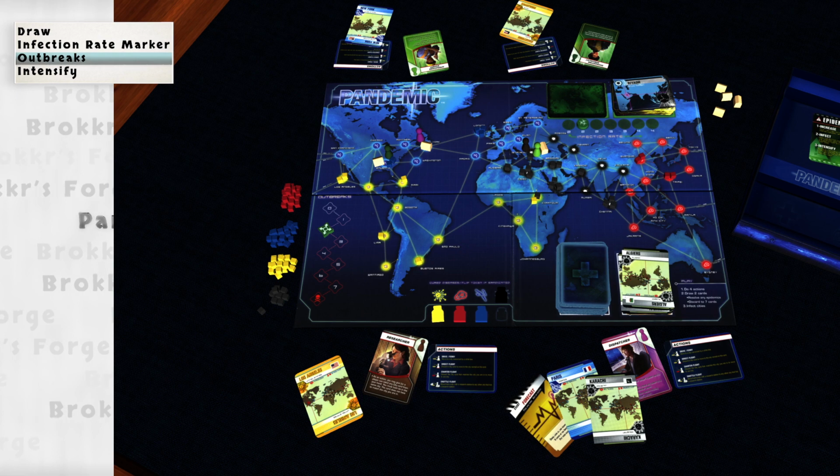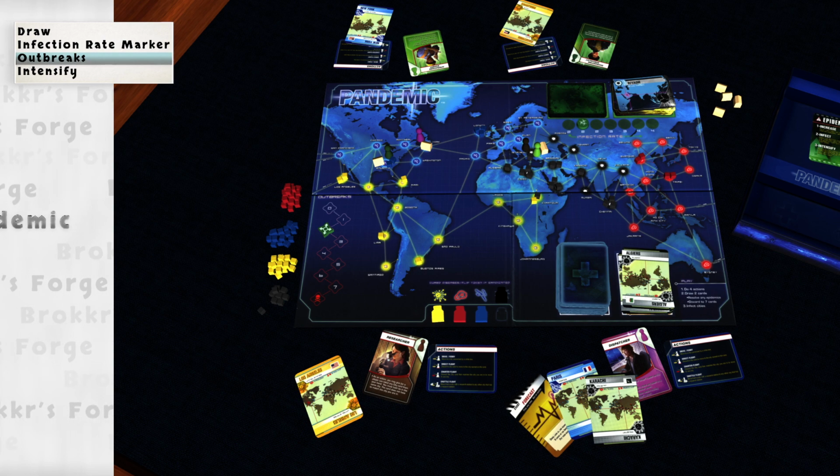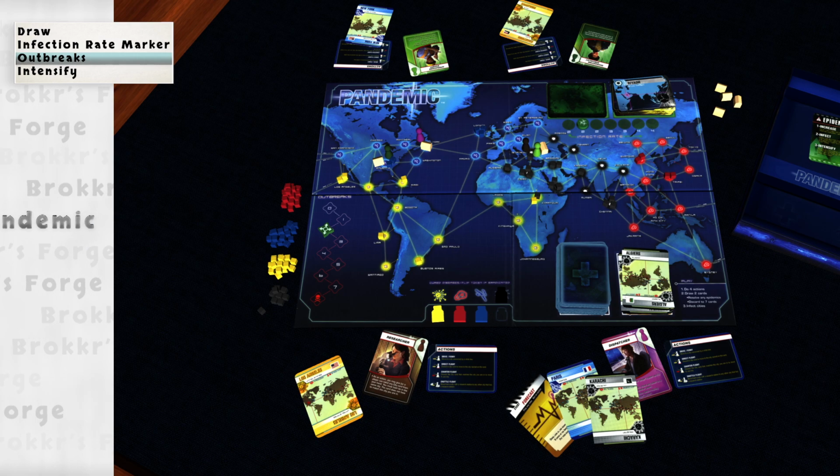If you happen to draw 2 epidemic cards at the same time, fully resolve the first epidemic card, then fully resolve the second epidemic card. If this happens, then the second epidemic infection card will be the only card to reshuffle, ending on top of the infection deck. An outbreak will happen in the same city during infections unless an event card is played to